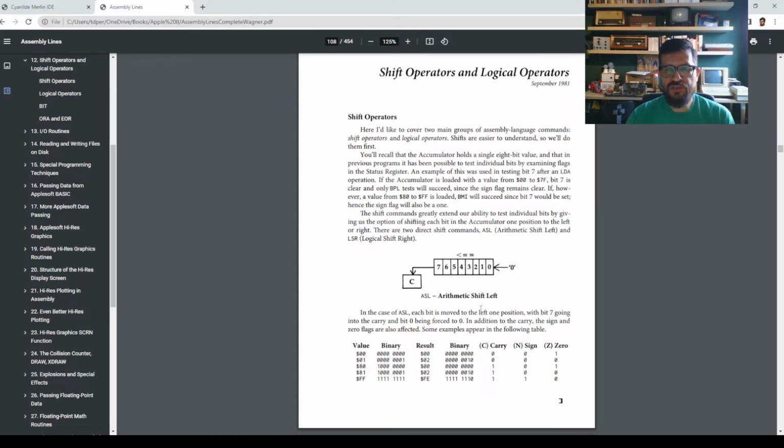If we do a shift left, basically we are moving all the bits on the pattern to the left, of course. So if you start with the value hexadecimal 00, which in binary would be just basically all zeros for all the bits that are part of your byte, and then you shift them all to the left,